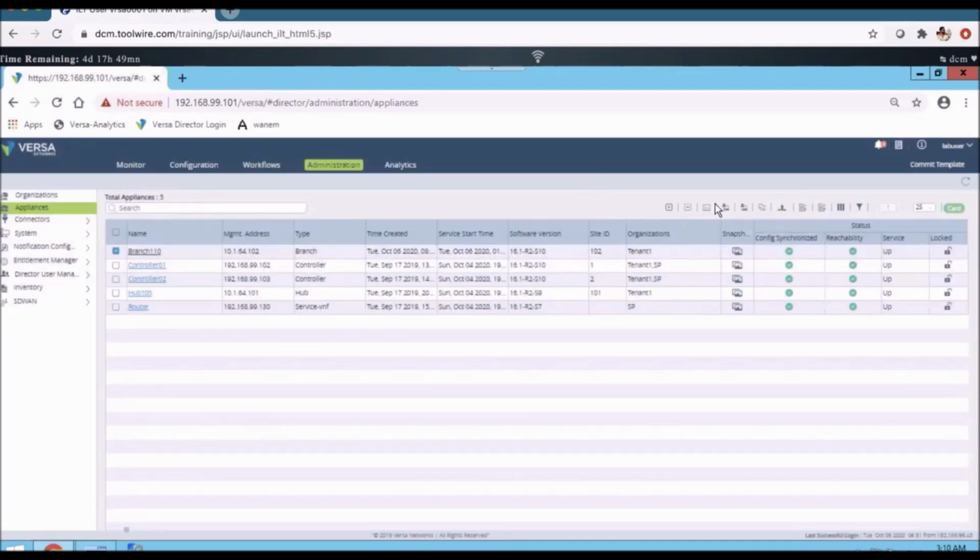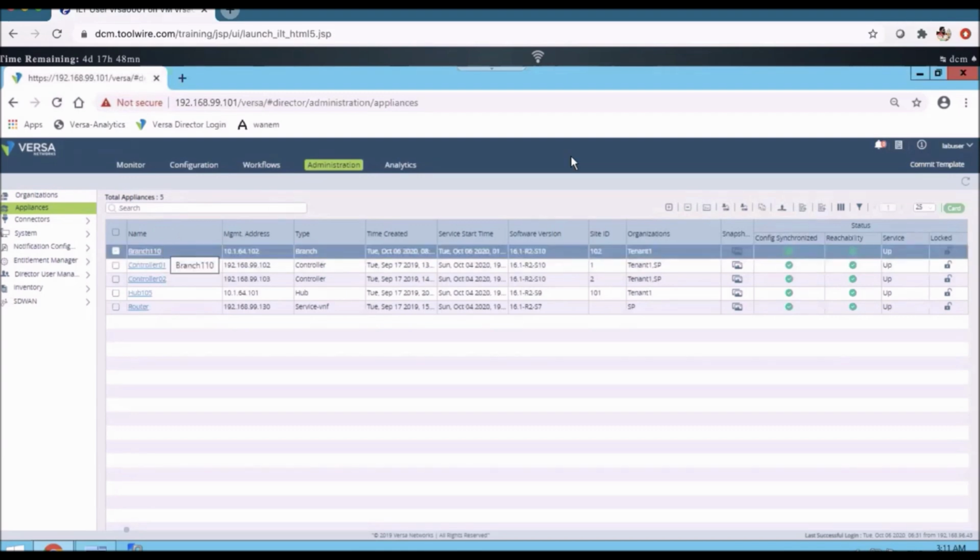Yeah, that's what these two do, right? This is nothing but sync config to the appliances. Whatever config is prepared for the branch, if it is not in sync between the director and the branches, we'll try to sync the config to the appliance. Like your question, there is some change at the device level. Someone has taken access to the CLI of the branch and made some changes.